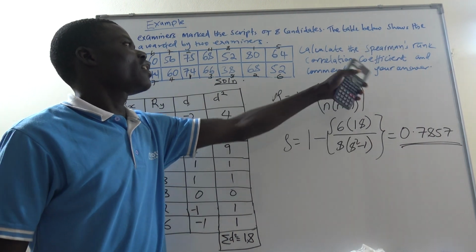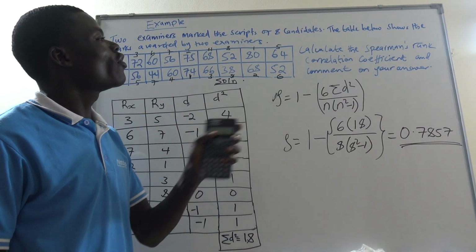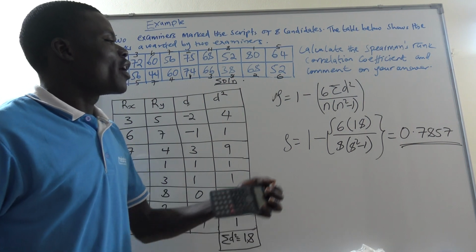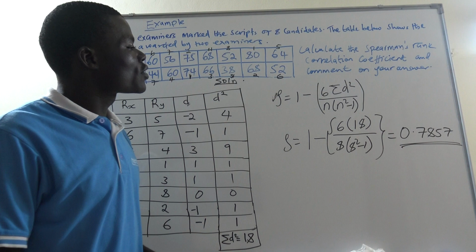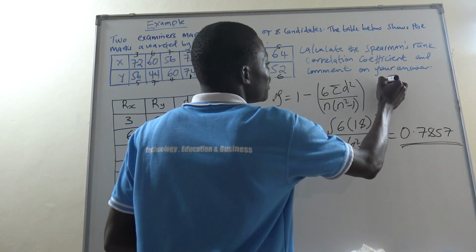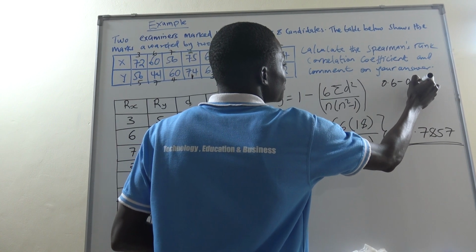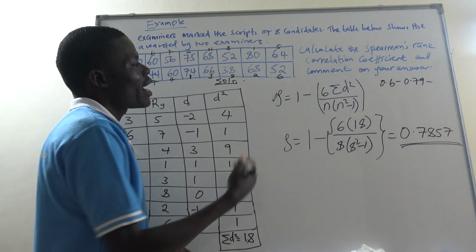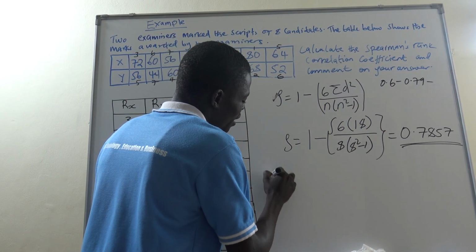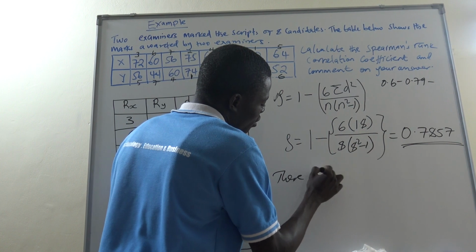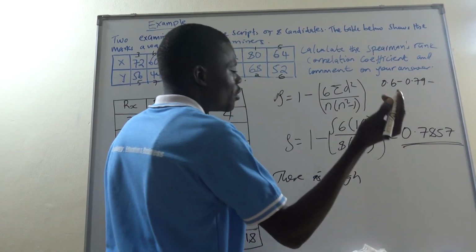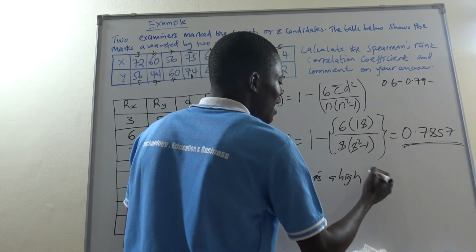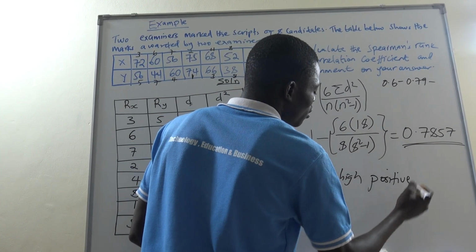Then they have said comment on your answer. Remember the table we had on how to comment and the ranges required. When you check, from 0.6 to 0.79, we say this one has high correlation. So what is the comment? The comment will be that there is a high correlation. You can even specify whether it is high positive or negative. Since this one is positive, I can specify that there is a high positive correlation